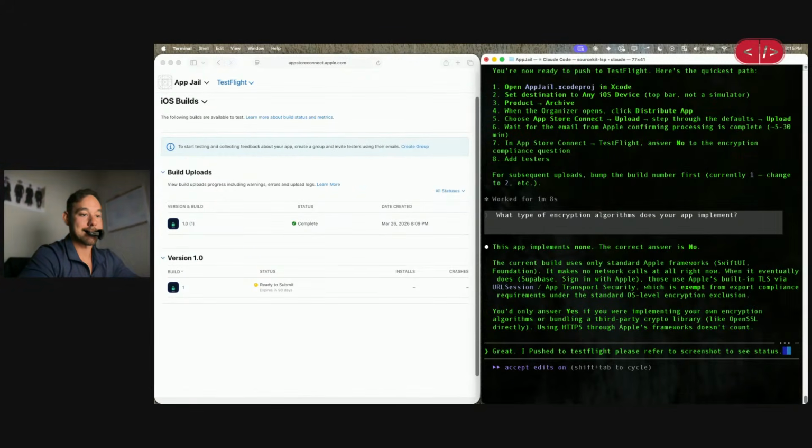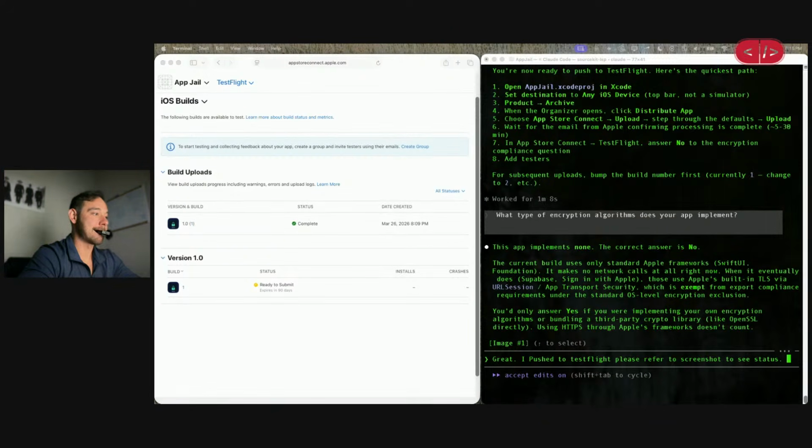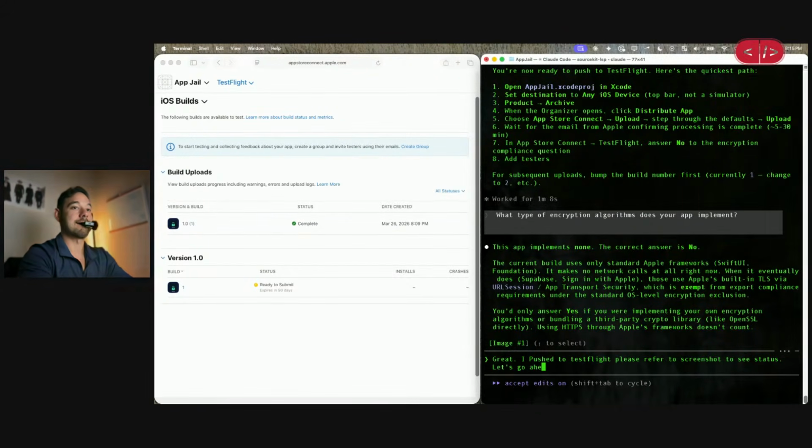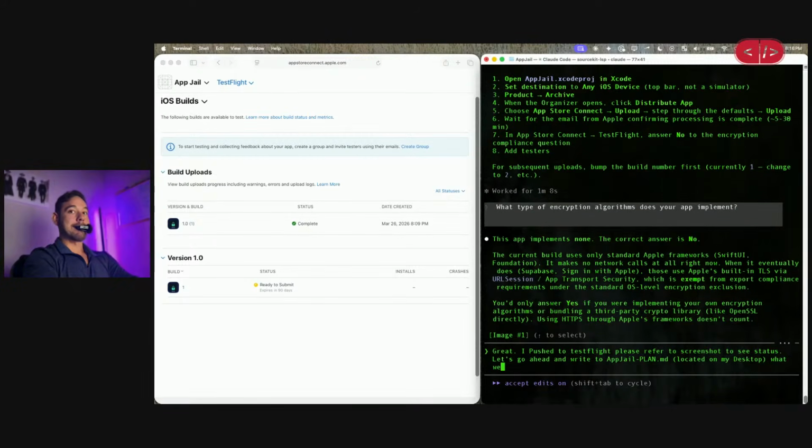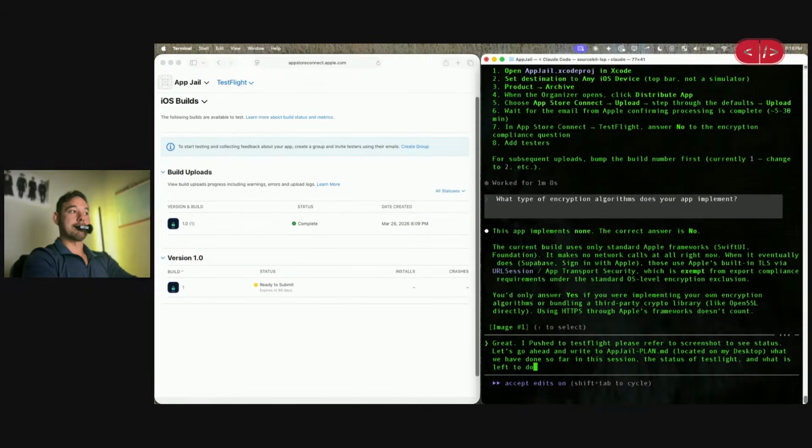Oh, can I do that? Let's go ahead and write to a file located on my desktop: what we have done so far in this session, the status of TestFlight, and what is left to do. Ideally,